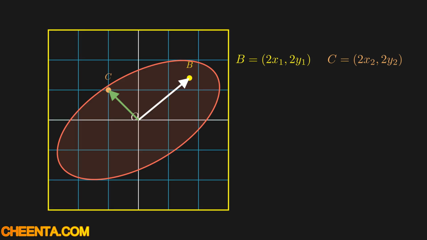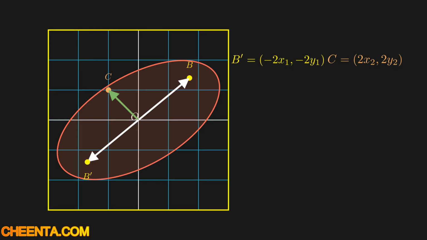Now as the set is centrally symmetric, I can rotate the position vector B by 180 degrees and it will again be inside this set K, and let me write down the coordinate as B dash. Now what will be the coordinate of B dash? As it is a 180-degree rotation, there will be just an extra minus sign in the x and y coordinates like this.